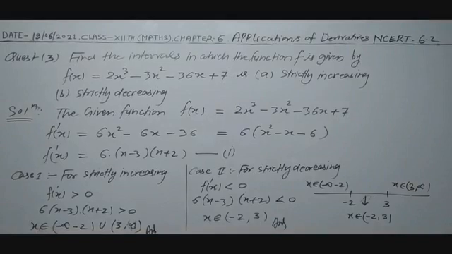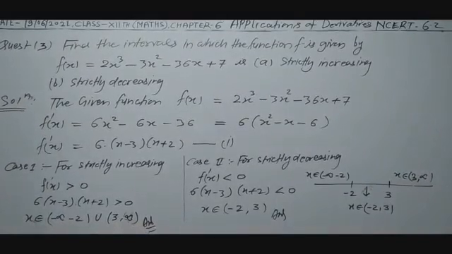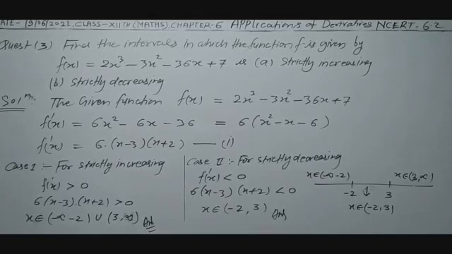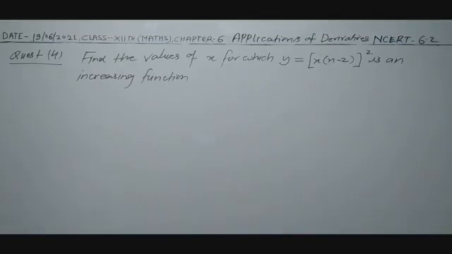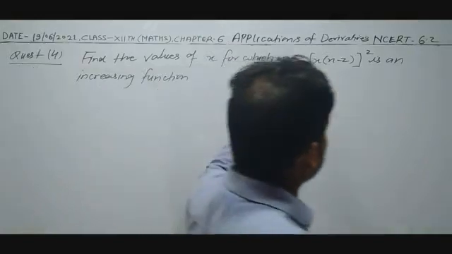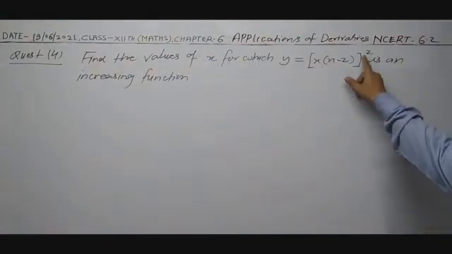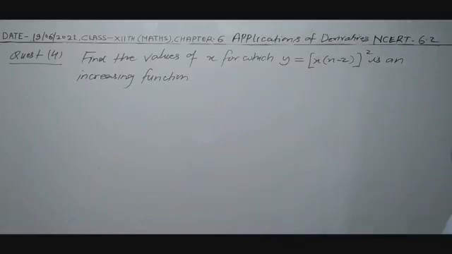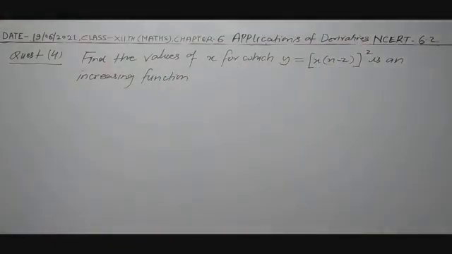Now see, now come to question number 4. Question number 4 is: find the values of x for which y is equal to x times (x minus 2) whole square is an increasing function. We have to find the values of x for which the function is increasing. So